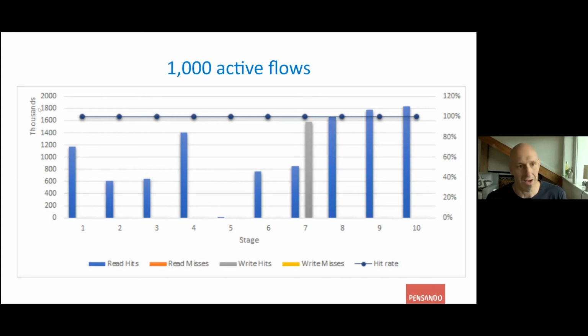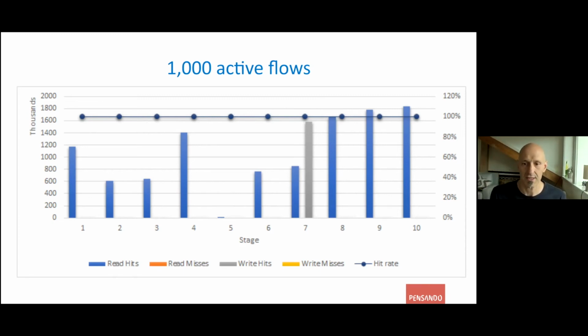So, up to about 1,800,000 reads. And on the right-hand side scale, we have the hit rate. And as you can see, the hit rate is virtually 100% always. And this happens because, again, the number of flows is not extremely high, so table entries are